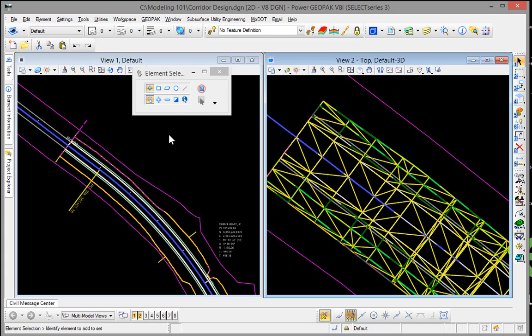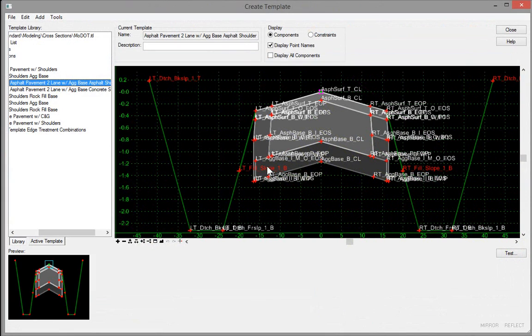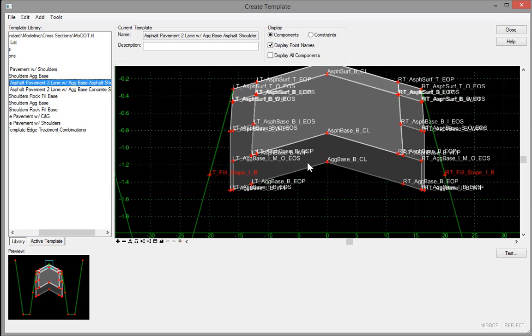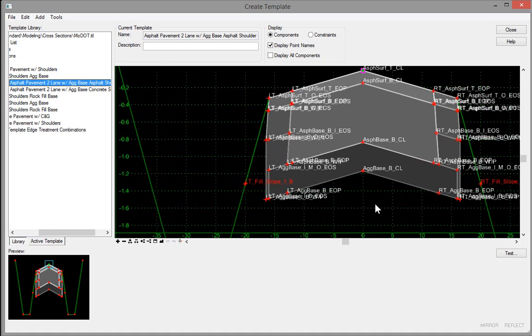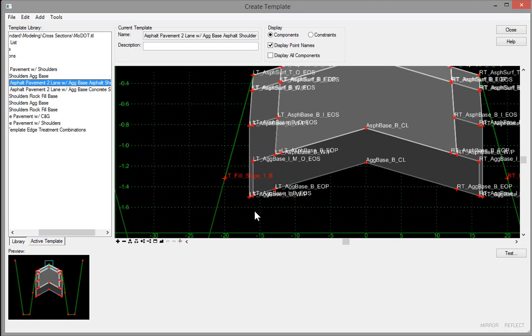And the nice thing about this particular approach is we can select any set of features we want to along our template and create a terrain model along that boundary. For example, if I wanted to pick these points across the bottom representing the top of dirt, I can do that. I just add those particular features to a terrain model filter and then make a terrain model based on that filter. The only rules are that you cannot do a vertical edge or an edge that goes back on